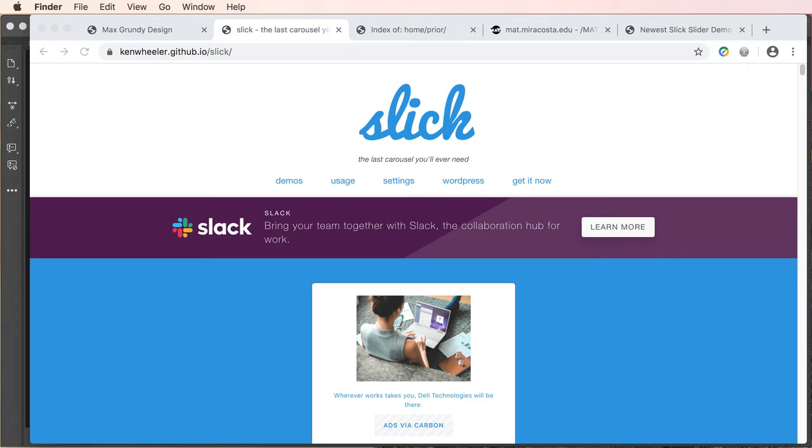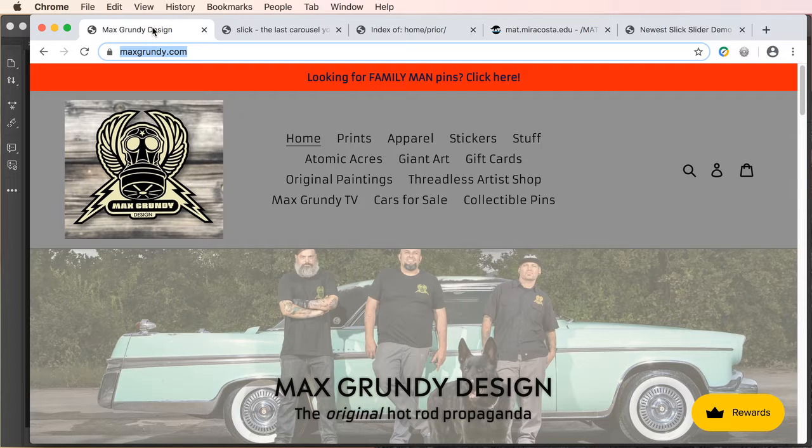And before we get rolling, I just want to point out that often in my demos I use a lot of the artwork by Max Grundy, and he does some really cool stuff,